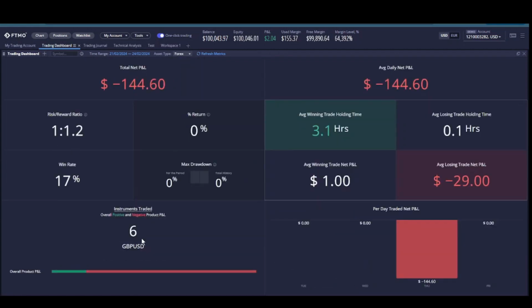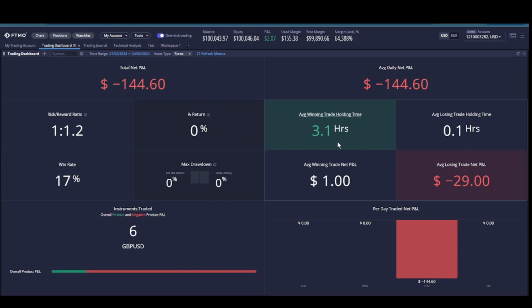In this case, I took 6 trades on the GBP USD pair and my total loss was $144.60. It has the complete stats like win rate, average winning trade holding time, average losing trade holding time, etc.